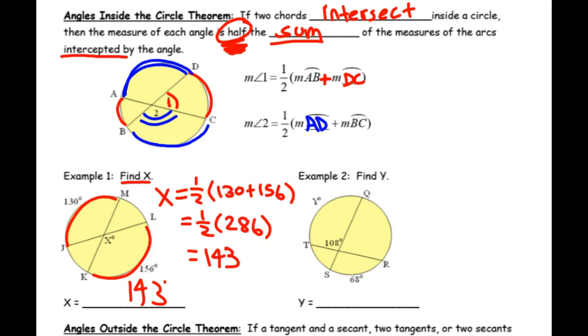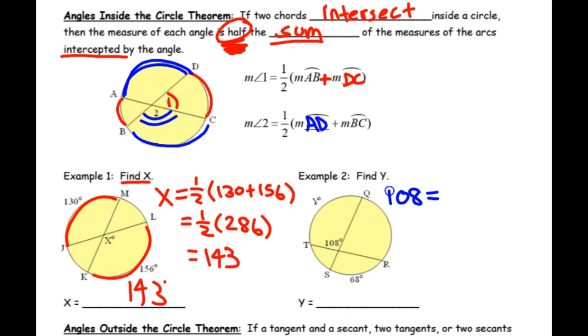But look at example 2. What's different about example 2? Instead of X, there's a Y, and instead of being on the inside, it is on the outside. Again, what we're missing is not the inside angle, we are missing an outside arc. But since there's an inside angle here, we're going to use the same formula. So what do I always put first? The angle. What's the angle here? Not Y. Yeah, the angle is still on the inside. What is it? 108, right? So let's write that down. 108